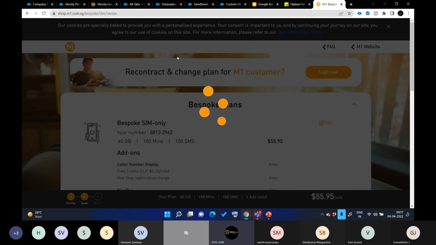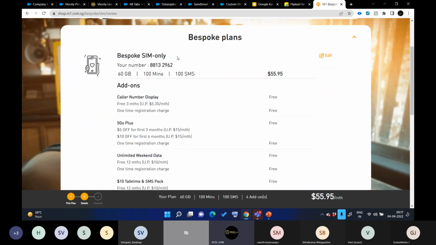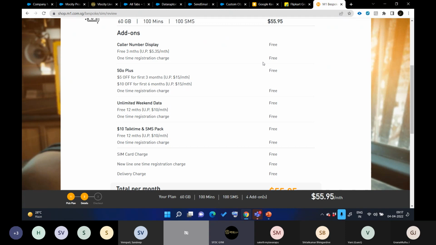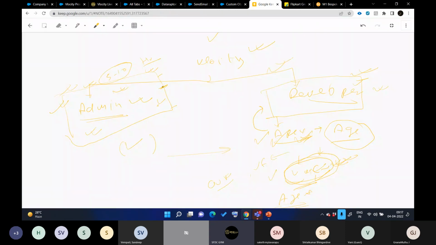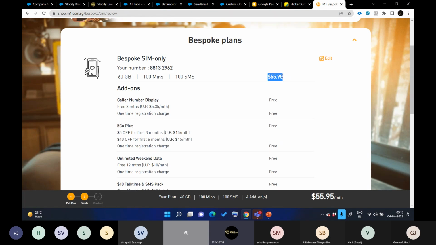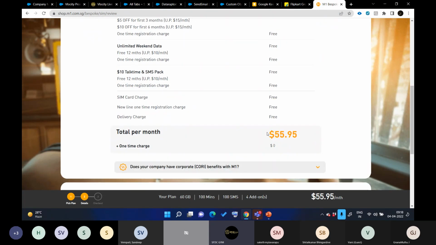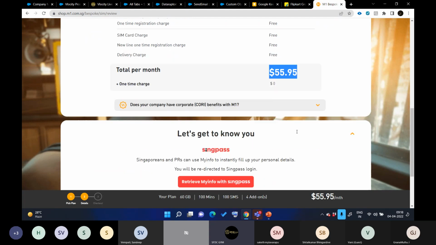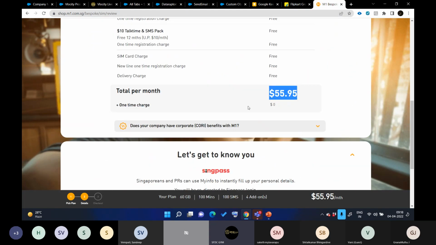There they are using pure development, because the native page where we actually put the order is very different from how this page looks. So we need to know this is the boundary, and then we need to create our own custom development page to make this page like that, where we show what the actual page is, what things are free, what the total MRP is that we need to pay, and whether we want to pay one time or as a recurring option. All those things we will discuss in detail.